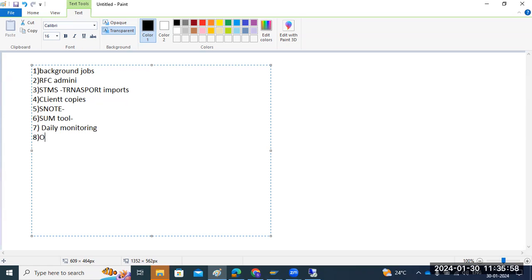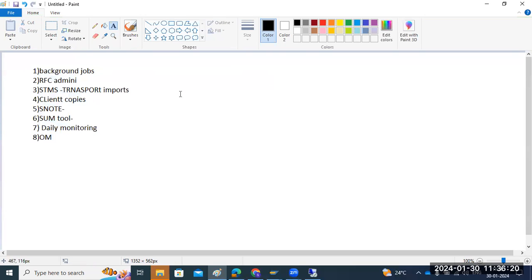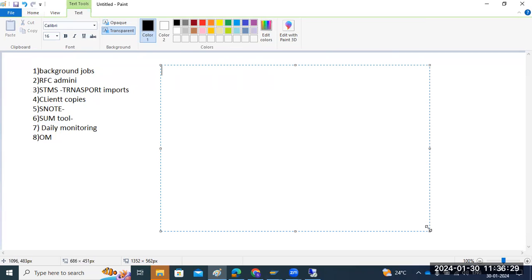Then what next? Operational modes. You should practice all those things. These are very, very important points you need to prepare for interviews or any real-time work. Why? Because when we enter HANA administration, you won't get a chance to practice these topics. You will be busy with HANA installations, HANA upgrades, HANA administration, Java installation and Java upgrades. You will forget all those things. That's why you should utilize the time